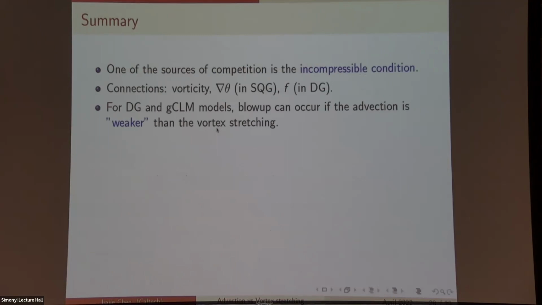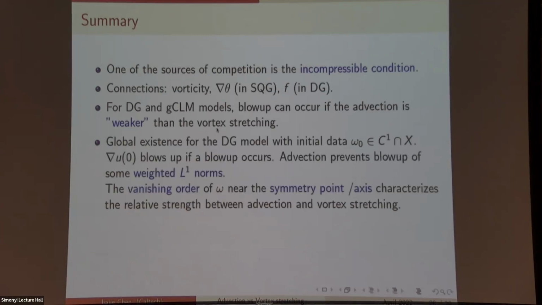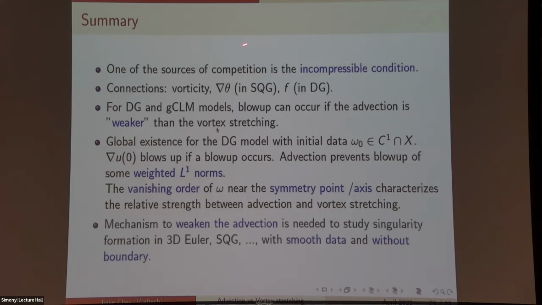So I think this is one important lesson from this derivation, that the mechanism of the direction is to try to prevent the blow-up of some L1 norm. For the Euler equations, we know that the L-infinity norm of the vorticity controls the blow-up. But if we have some special blow-up criteria like this, and we know that the direction can prevent the blow-up of some weighted L1 norm, then maybe this provides some insight to control the blow-up of other, similar equations. Another thing we will show is that the mechanism of this blow-up comes from the incompressible condition.